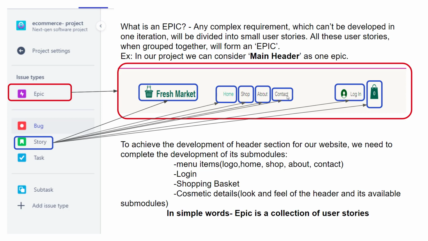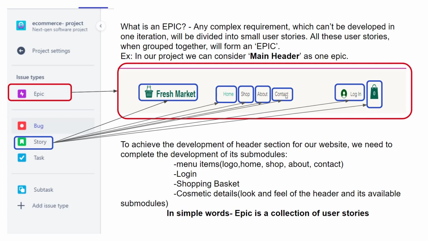It's the responsibility of the product owner to interact with the client and collect all the requirements. So let's say the requirement is, as a user, when I click on the contact button, I should be navigating into another page which will give me all the details of how to contact the web provider. Okay, so that is a requirement. That requirement, in agile terminology, we call it a user story. So in this way, one project or one feature will have many user stories.